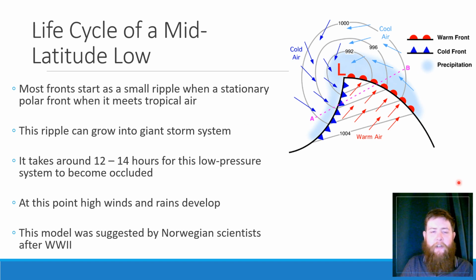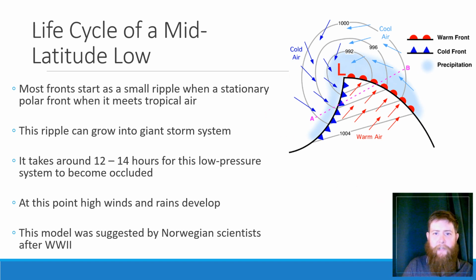All right, we're going to look at a low pressure system, and this happens usually in mid latitudes. You can see that these start to get complicated as we look at them. We have a warm front and a cold front. This cold front is trying to catch up to the warm front, and the warm front is trying to get away from it. As this cold air moves in, it meets this tropical air here. It can grow into a really big storm system as these two are trying to catch up and get away from each other. So these guys are trying to mesh together.